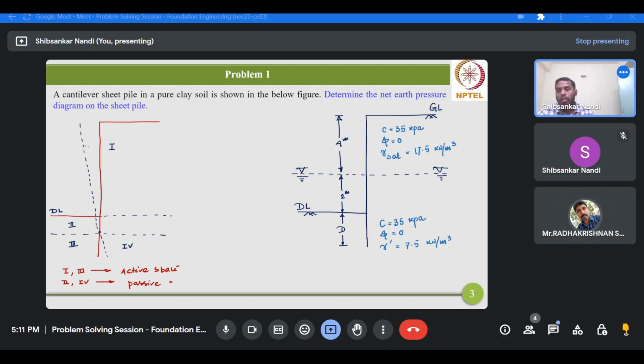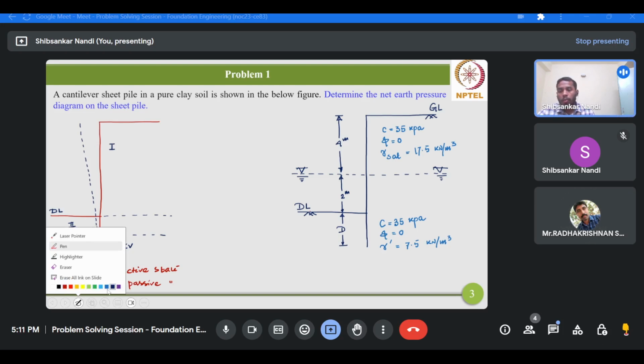Because this side is basically void, there is no counterpart to nullify or counterbalance the earth pressure contributed by region 1 above the dredge level. So whatever active earth pressure we have there will be the net earth pressure on the wall. Okay, it's fine. Now if we move below the dredge level and in region 1, then